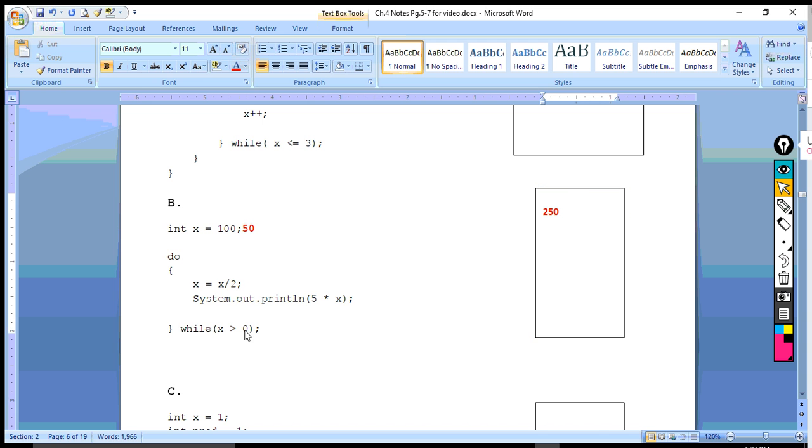And then, is 50 greater than 0? Yes, so we go back up, and now we're going to cut x in half again. So that's 25, and then we're going to print 5 times 25, which is 125. Then 25 is greater than 0, so we're going to go back up to do, and x is cut in half again. 25 divided by